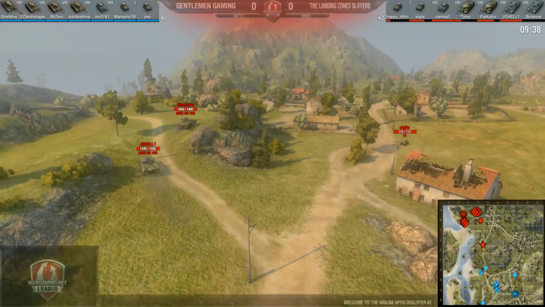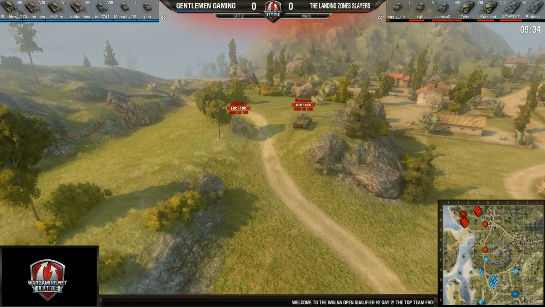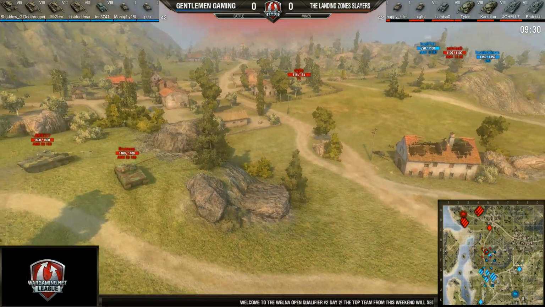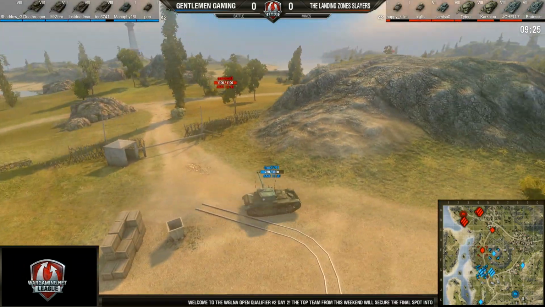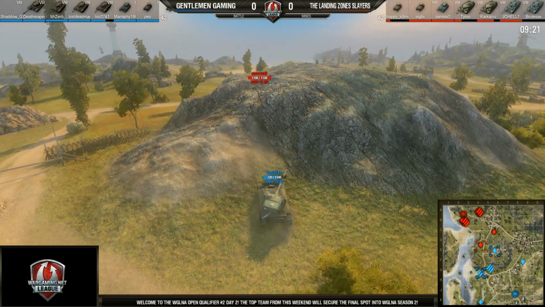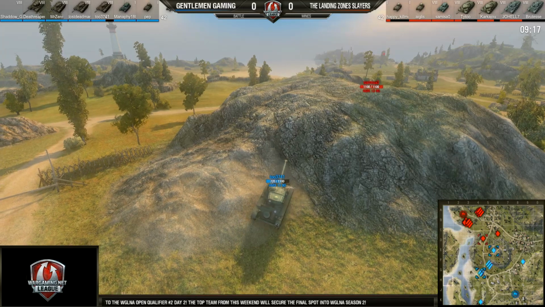And here we go. 250-100s moving up to that A4, A5 hill. Actually, just A4. Just kidding, guys. Oh, and we might have actually a small fight as, ooh, nice hit onto 23741 as he does go up to the hill. Gentleman Gaming losing a little bit of their lead, although they do have a nice position over the Landing Zone Slayers. They have that hill advantage, whereas we can see Landing Zone Slayers are still all the way back in